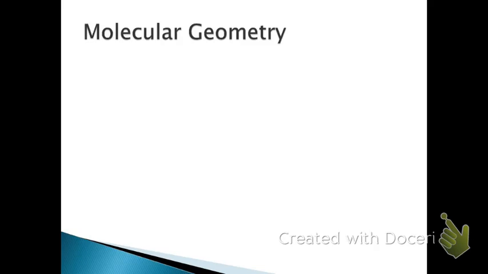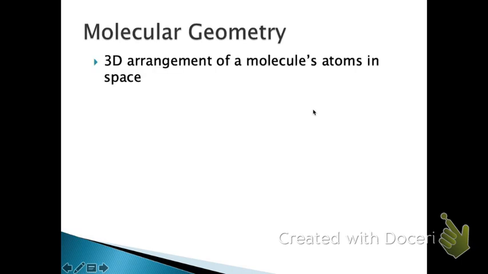Molecular geometry. What does that give us? A clue that we might be doing. We're looking at the shapes of the molecules, right? Geometry generally deals with shapes. So we're going to look at the shapes of molecules, which is exactly true. Okay? So what molecular geometry does is it allows us to look at the three-dimensional arrangement of the atoms in